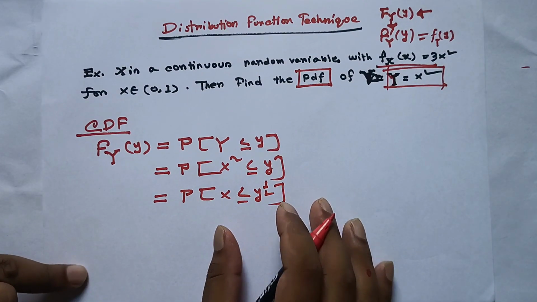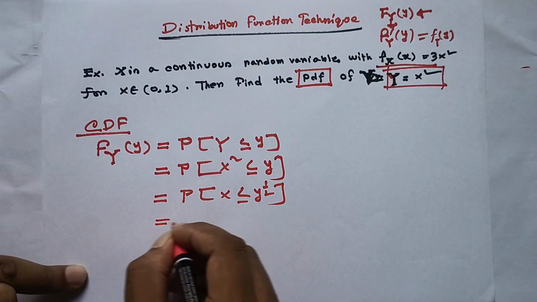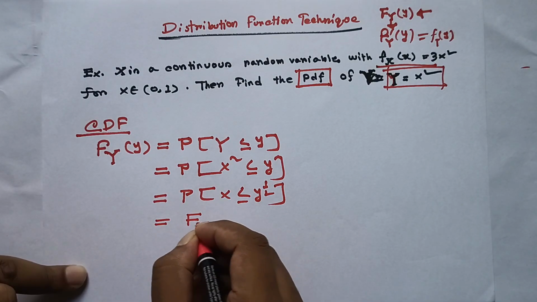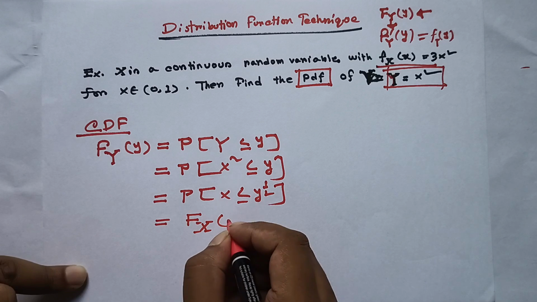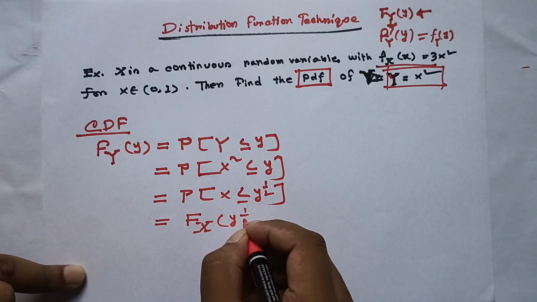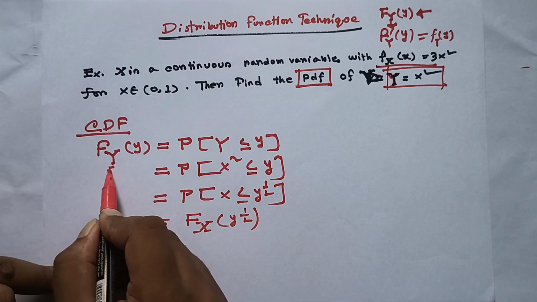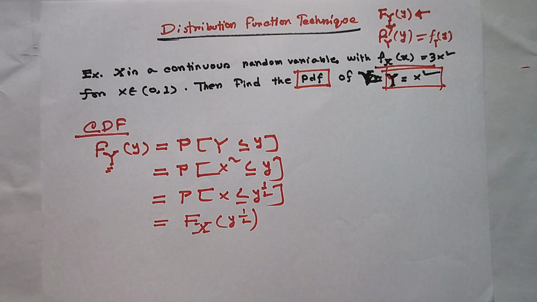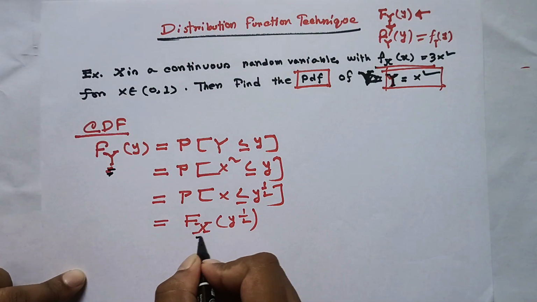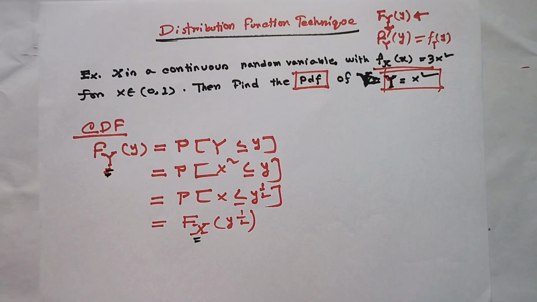Okay, and if you notice, now we can write it like this: F of capital X as a subscript, y to the power half. So basically, if you notice here, the subscript changed. That is what the distribution function technique is all about. Okay,